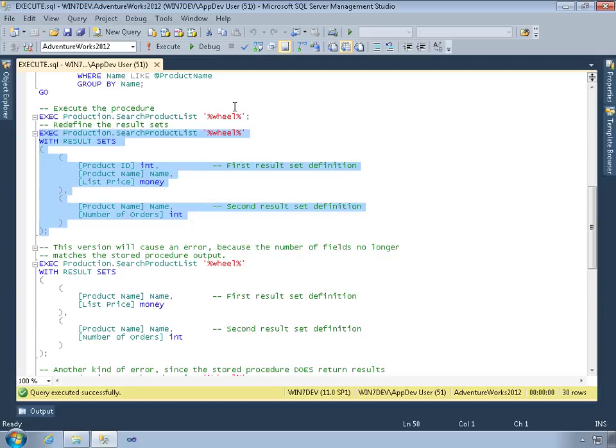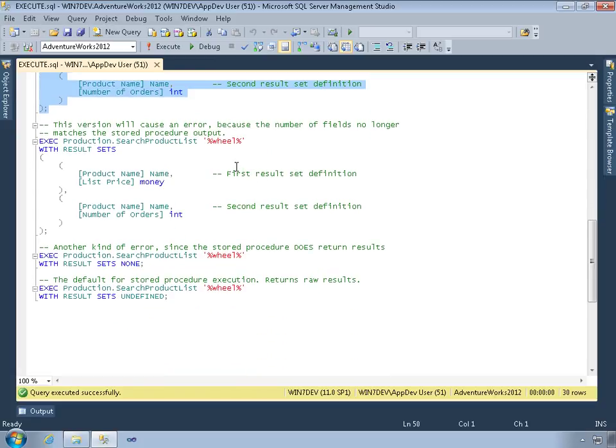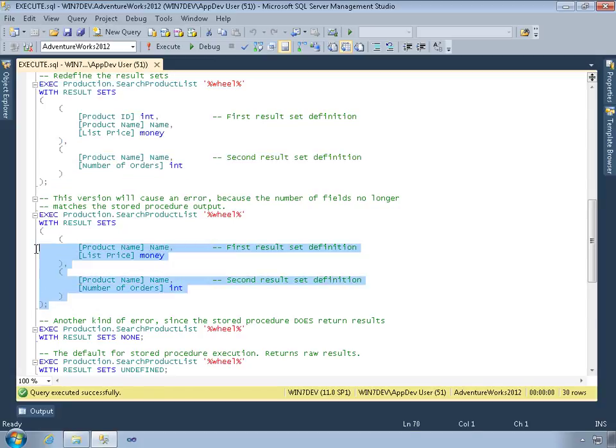There are limits on what you can do with the data, at least in this version of SQL Server. So here's an example of some code that's going to cause an error. And the reason it causes an error is because if you compare the two, notice that I have 3 columns here, but I only have 2 columns here. So if I try to execute this code,